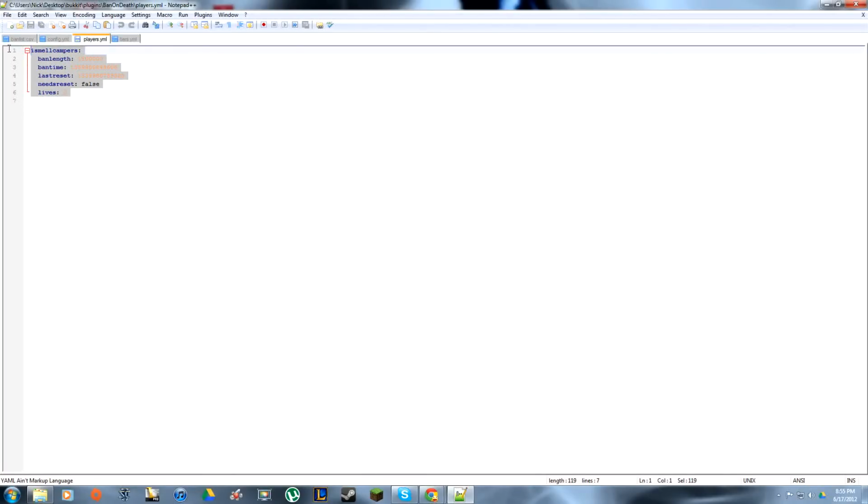This is more information. This is the ban length that I have, ban time. So what I'm actually going to do, and that's like the lives left, so you really don't need to do that. It's going to create that when a person joins. I'm going to delete it again so I can rejoin. So this is the number of lives. So I'm going to have 1 life,